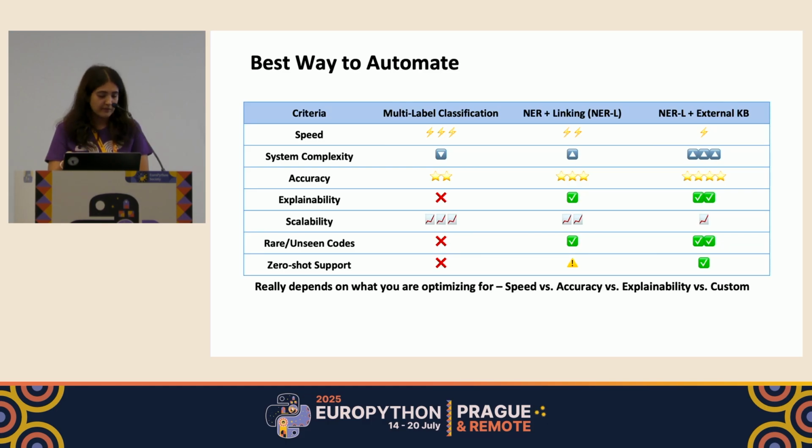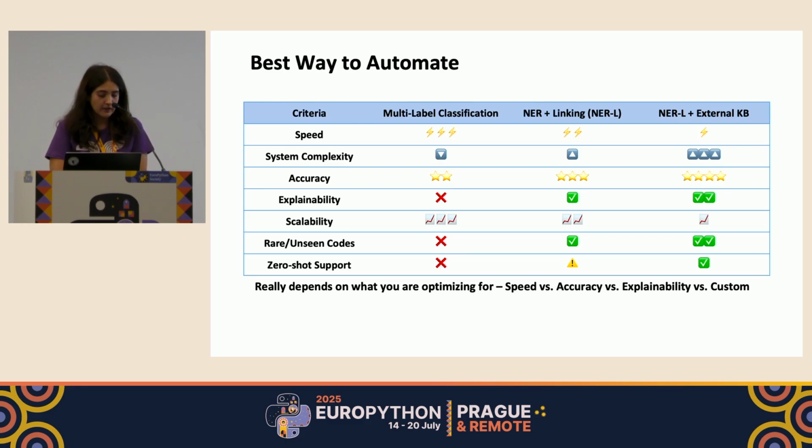Yeah, and multi-level classification might be the easiest if you have the right data and the right evaluation metrics and the right models, of course. Now coming to accuracy, I think this is something that is really subjective and it really depends on how you implement your system. But often it is shown that NERL plus external KB is the best approach and the most